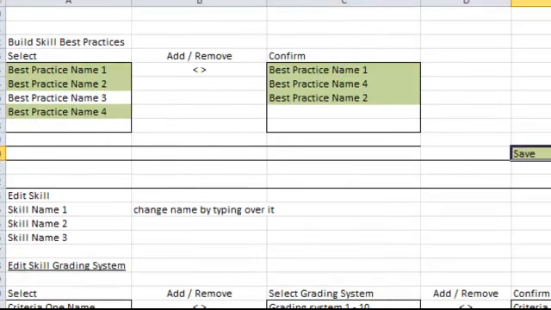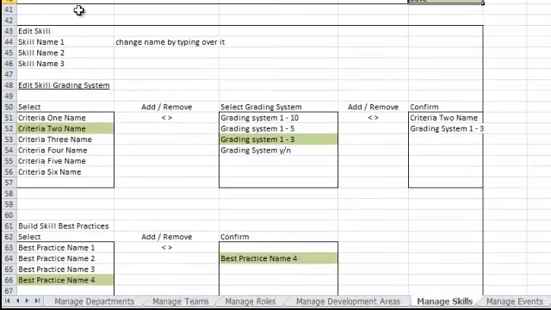Now if we ever needed to edit the skill, obviously we would click the edit skill button. It'll have the skill name. You can change the name of it by typing over it, click save. If we want to edit the skill grading system, we would say, okay, here is the existing criteria associated with that. Move it over, select the grading system. So now we have criteria name 2, grading system 1 to 3,